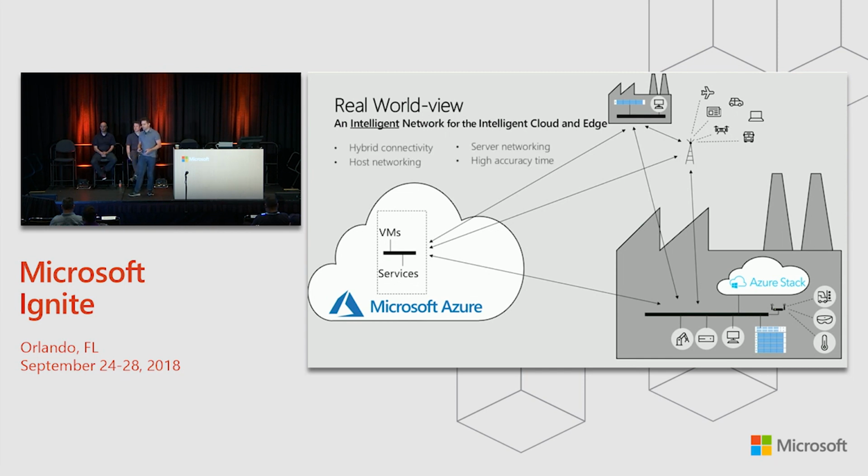What are the things that you need to do end-to-end to really build an intelligent network for the intelligent cloud and edge? And so we're going to be talking today about hybrid connectivity, because that may be what actually brought you here. But we're also going to talk about what are the things that happen at the endpoint that we're doing in Windows Server. Primarily, you'll experience it with your on-premises deployments. But if you remember, Azure runs on Windows Server. So a lot of the things that we're doing that you see on-premises with Windows Server, we also do for Azure so that they can use it in their own data centers. So we're going to talk about some of those technologies as well.